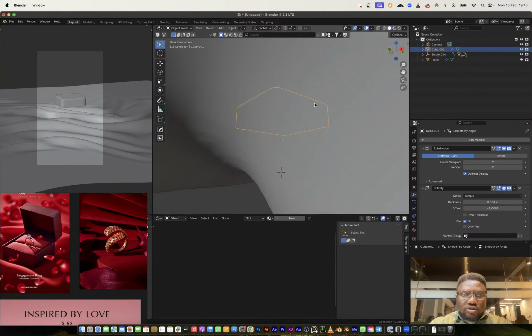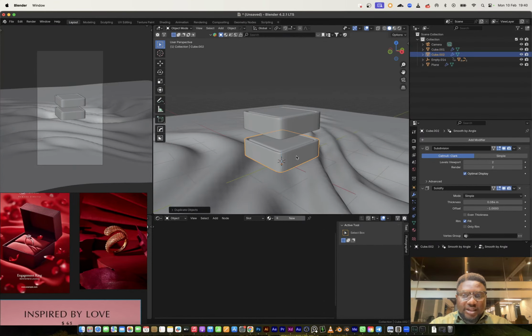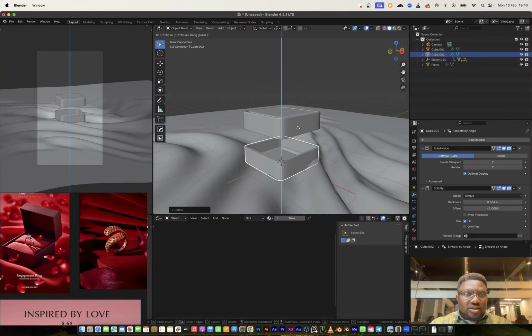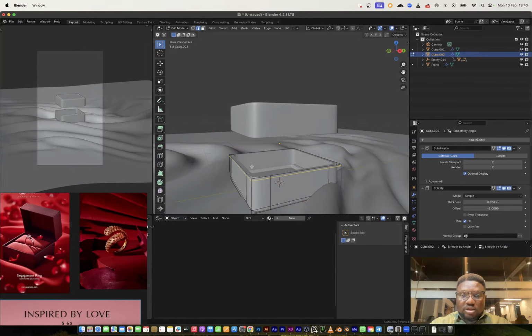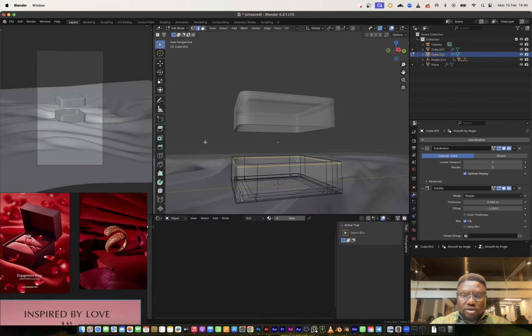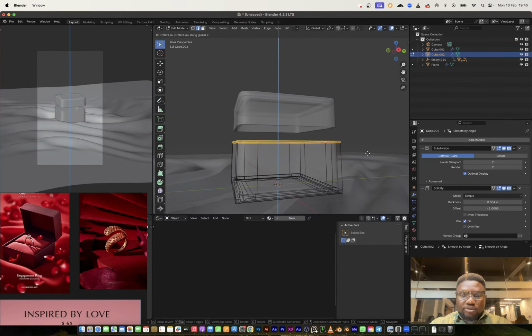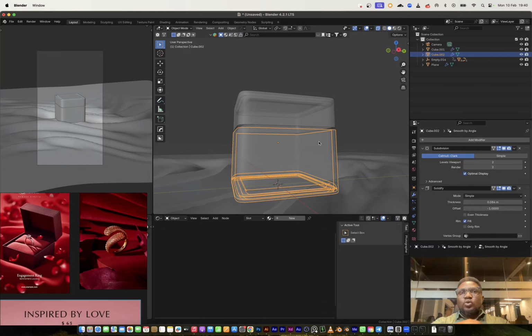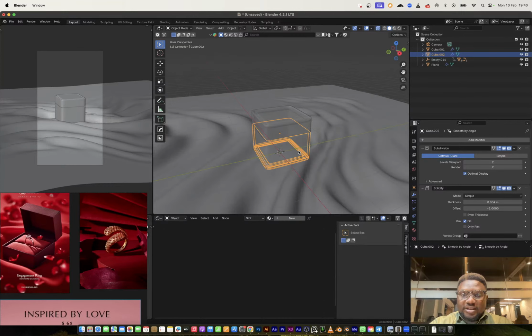So this is cool. I can now shift D on the Z axis and maybe RX 180. We can move this on the Z axis. This is going to be the base of the box. So what I'm just doing is setting myself up for success, to where if I need to open the box with an animation, we have two different parts, and I can always move the pivot point to any point to create the animation.